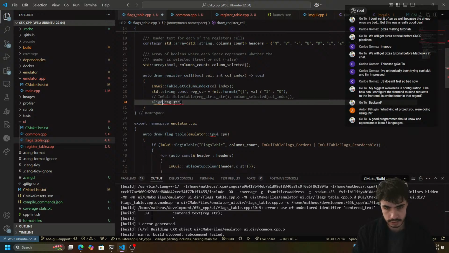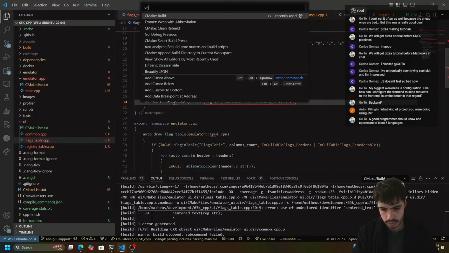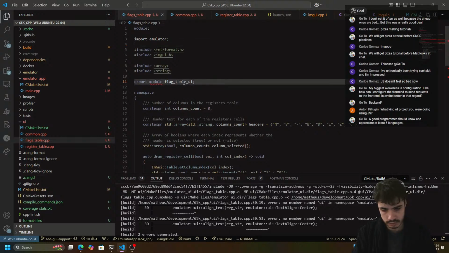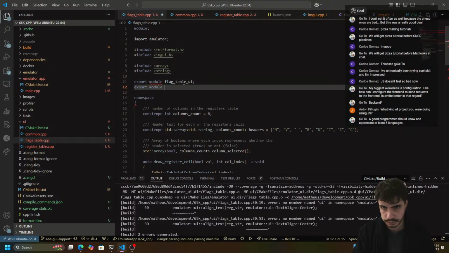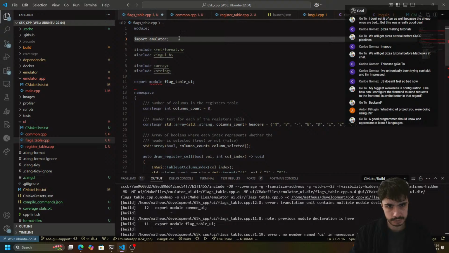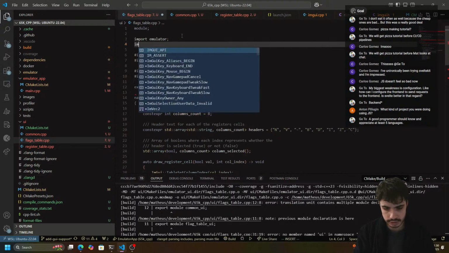Use of undeclared identifier center text. Yeah, so align. So emulator UI. Right, so does that work? No, because I haven't actually imported it, right? So export module common UI. Is that right? Oh no, never mind. So really in here, I should also import